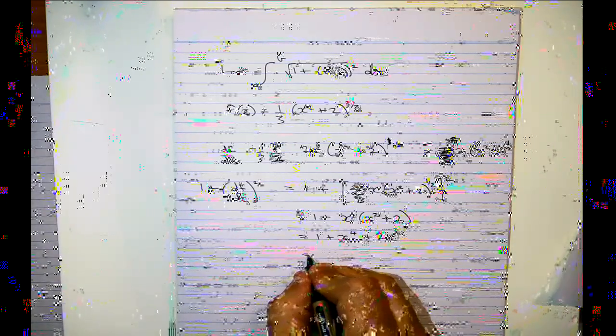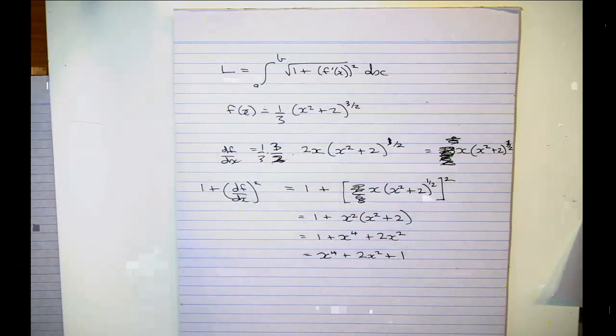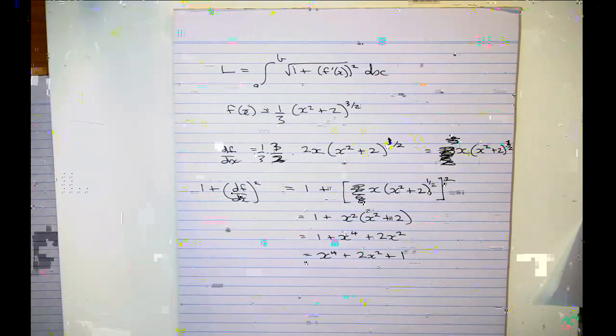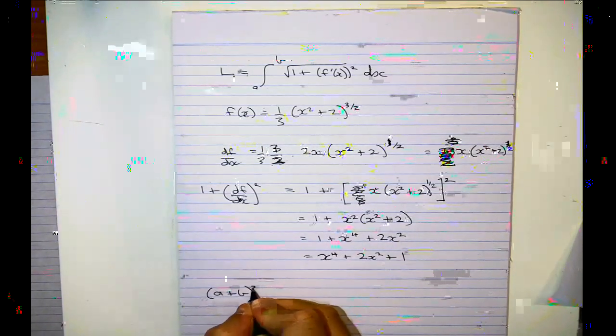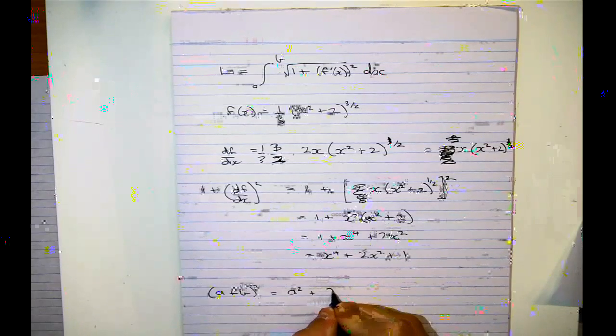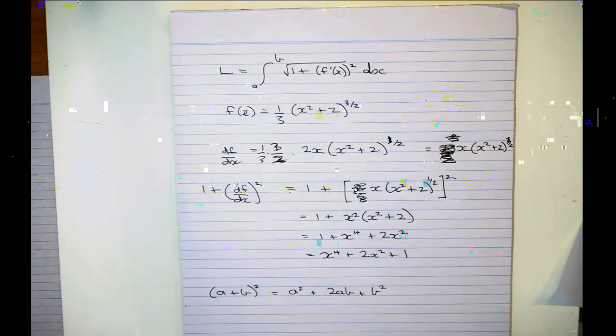That's not one we've seen, is it? But if you look at it long enough, what if I wrote it like that? What you're hoping for here, as I keep saying with everything, remember, we know that a plus b all squared, that is true no matter what A and B are. It doesn't matter, it's always true. So hopefully if you stare at that long enough, you will notice